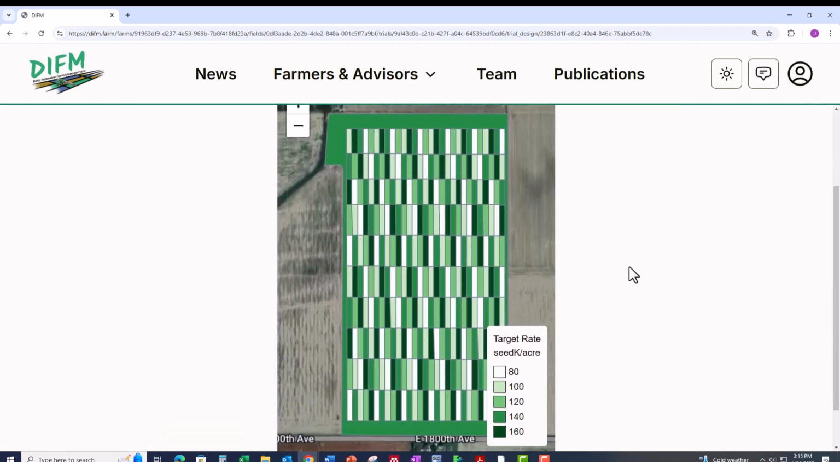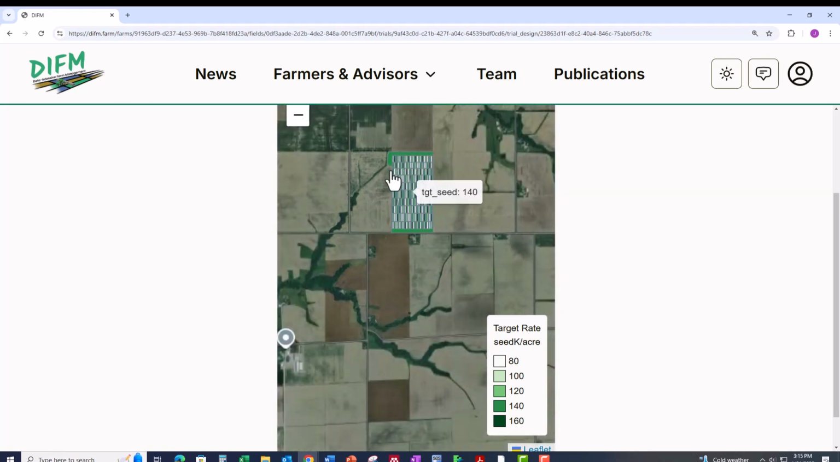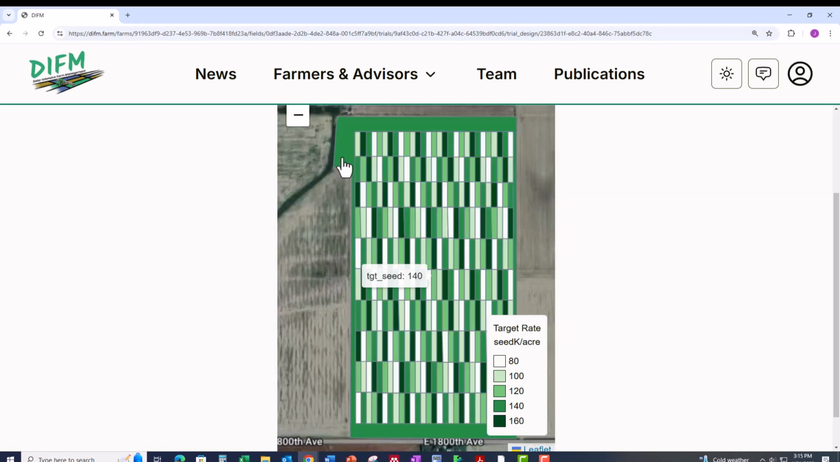Those areas in dark green are going to be the buffer areas, the areas where we don't have the different seeding rates, just going to use the standard rate. And then everywhere else you can see the 80 to 160,000 seeds per acre checkerboarded across here. You can look at that. We're going to go back